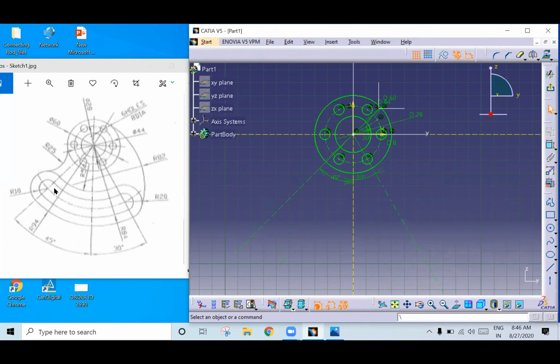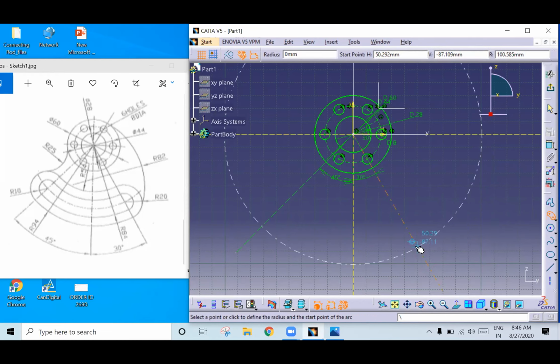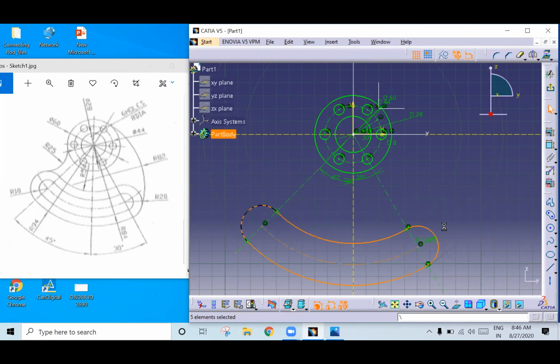So next we will create this. See which tool we can use to create this. Ellipse? No. Predefined elements. Predefined profile, Insert, cylindrical elongated hole. Okay, go to this, select the center point. So select this axis, and create it.